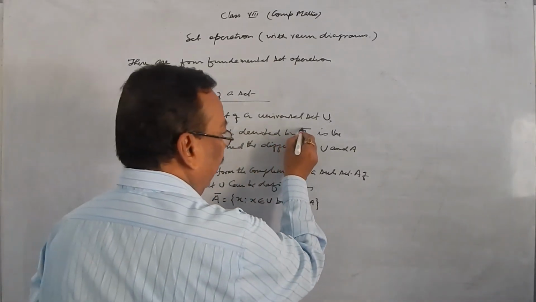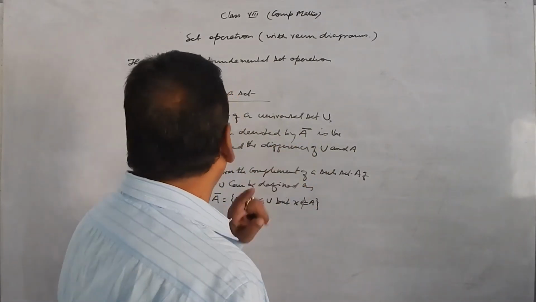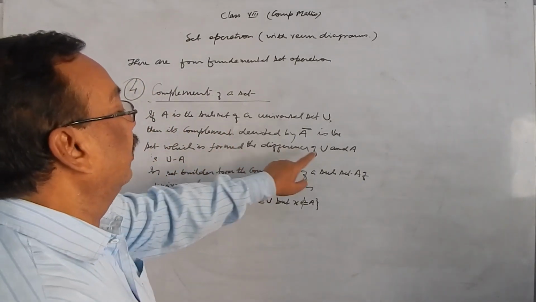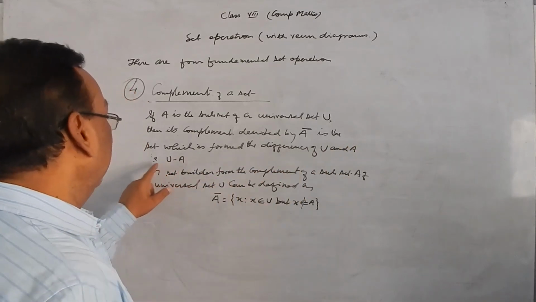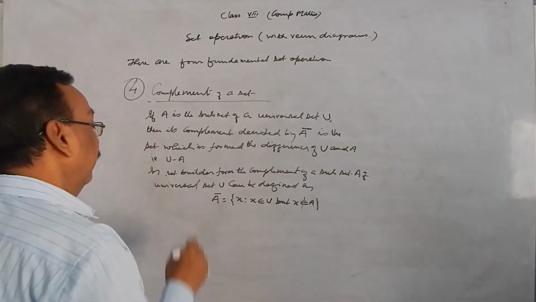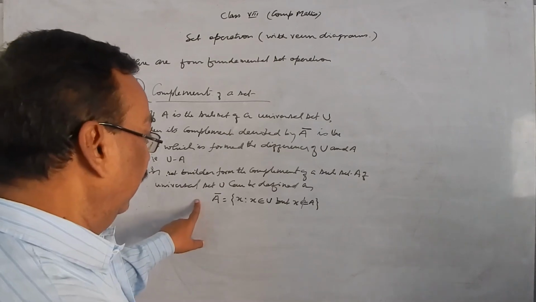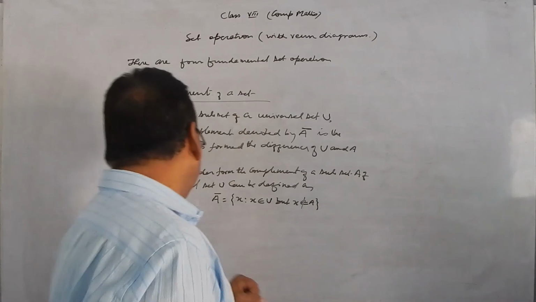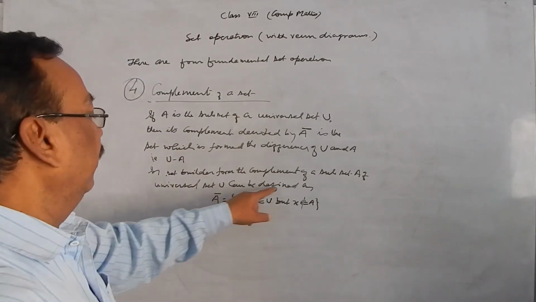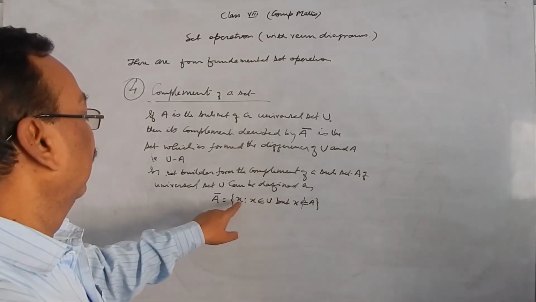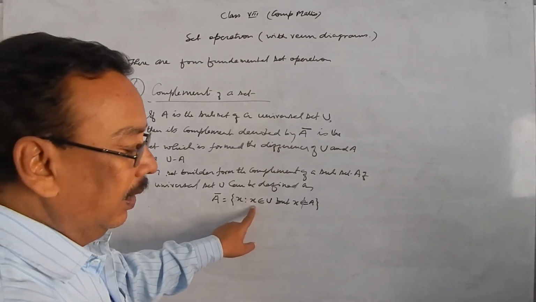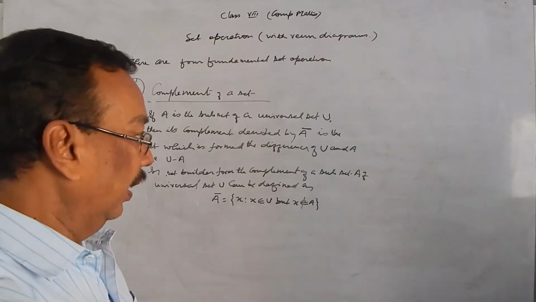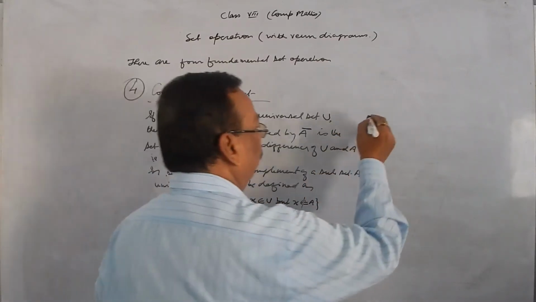Here A bar is the set which is called the difference of U and A, that is U minus A. In set builder form, the complement of a subset A of universal set U can be defined as X such that X belongs to U but does not belong to A. For example,